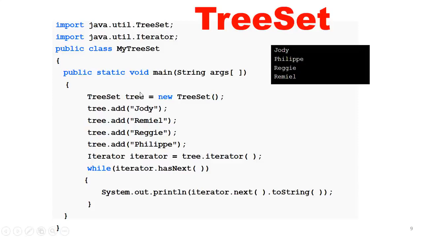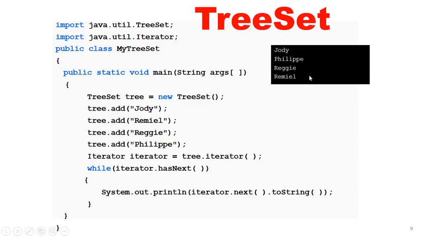So our collection tree has 4 elements, so definitely the condition is true, it will return true, and control enters into the block, and iterator.next, typecast to String, returns the first element, meaning the first object, which is Jody, and the next element Philip, third Reggie and Ramiel.